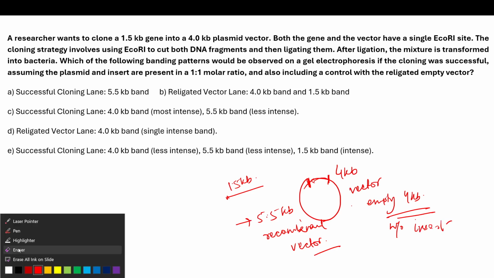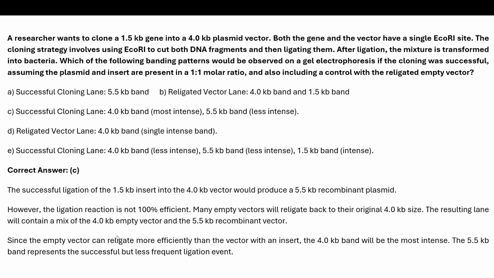Okay, so what will be the banding pattern on the lane? The successful ligation of the 1.5 kb insert will produce a 5.5 kb recombinant plasmid. However, every time the ligation reaction is not really 100% efficient. So many empty vectors can religate back to their original empty form, without the insert, having 4 kb size, and hence the resulting lane will contain a mixture of 4 kb empty vector and a 5.5 kb recombinant